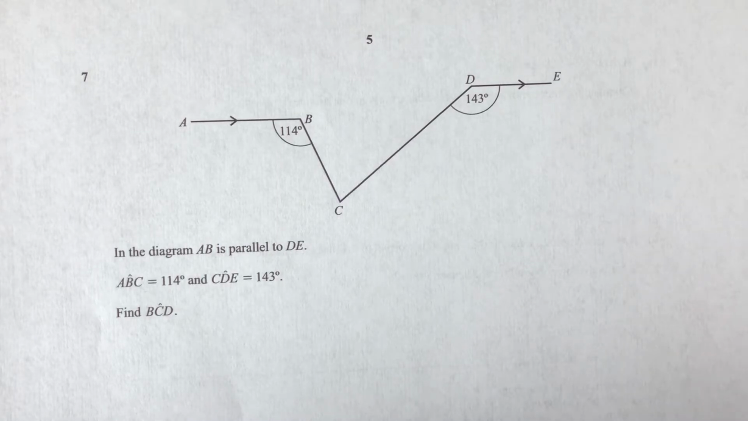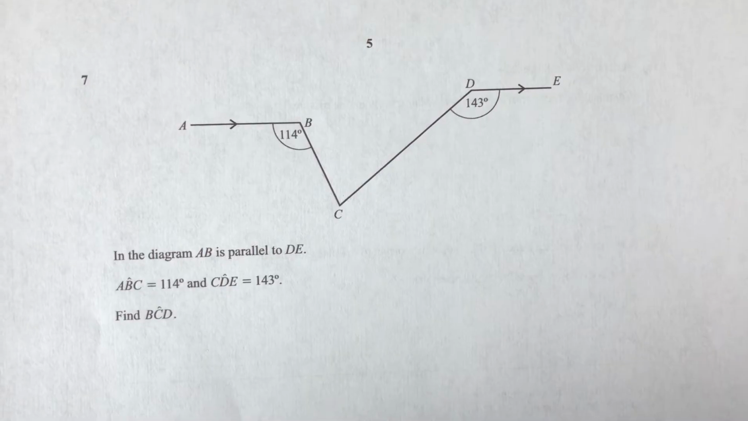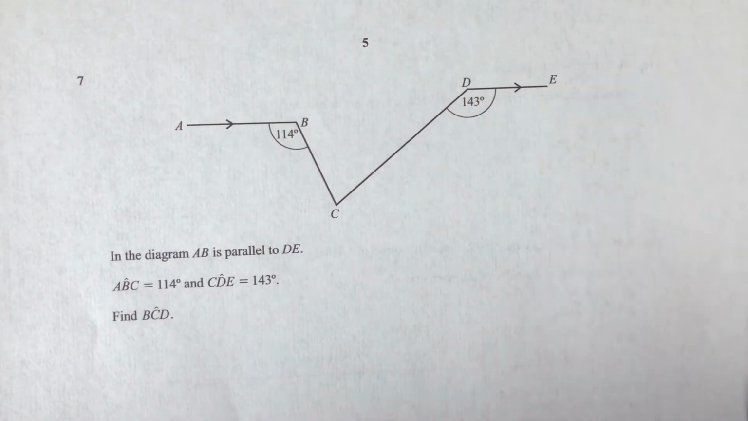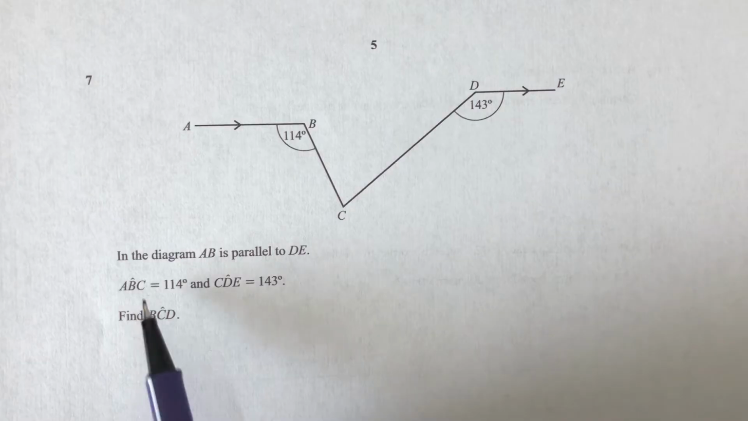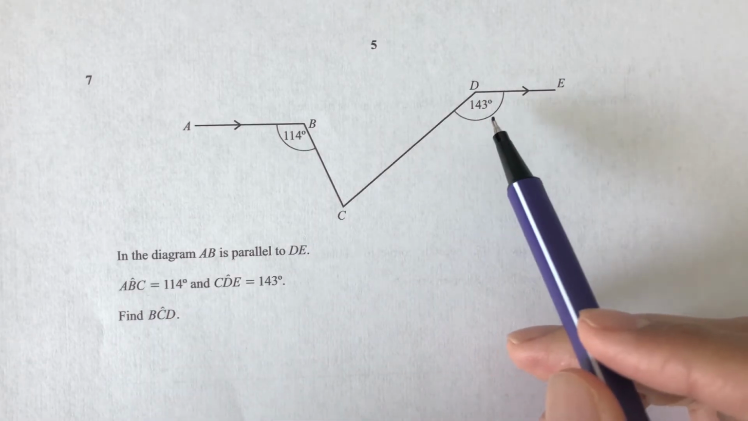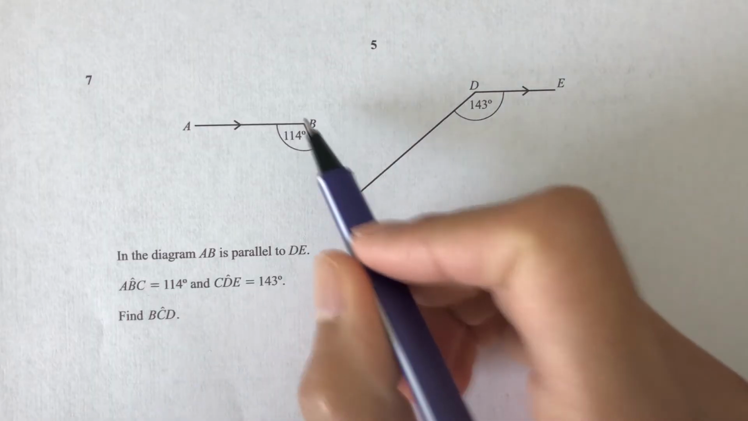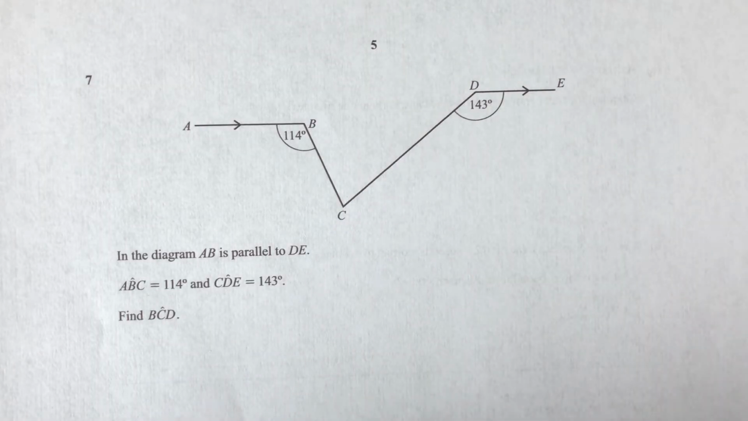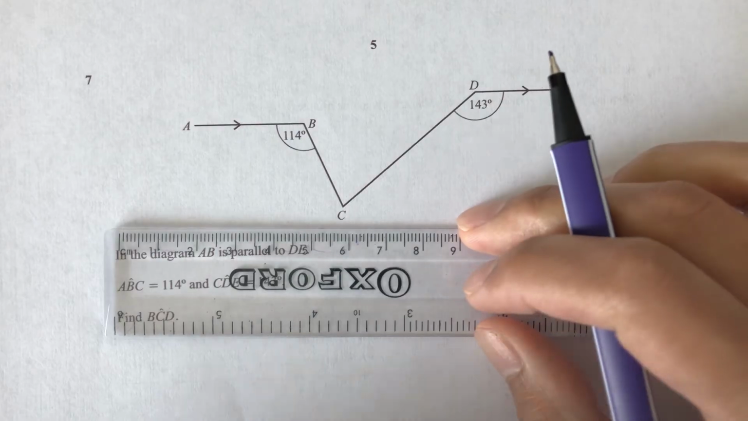Question number 7. In the diagram, AB is parallel to DE. So AB and DE are parallel. We have angle ABC as 114 and angle CDE as 143. Find the angle BCD. So the first thing we can do is draw a line where they intersect,